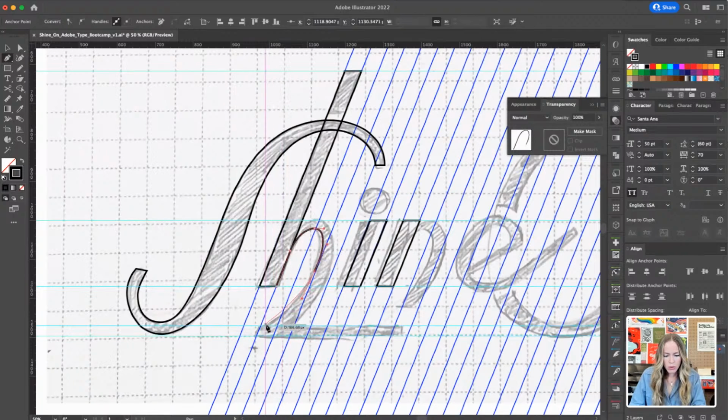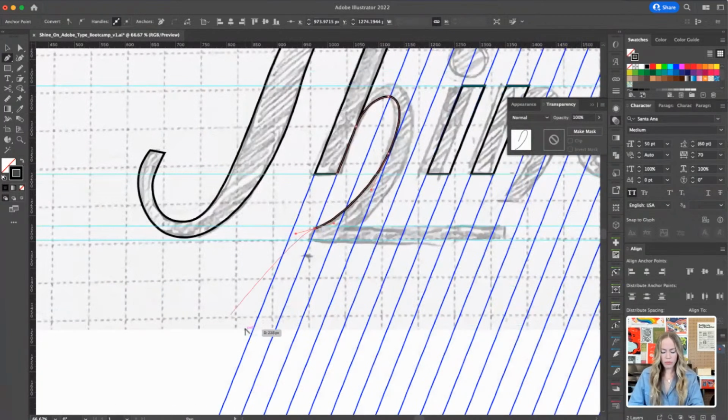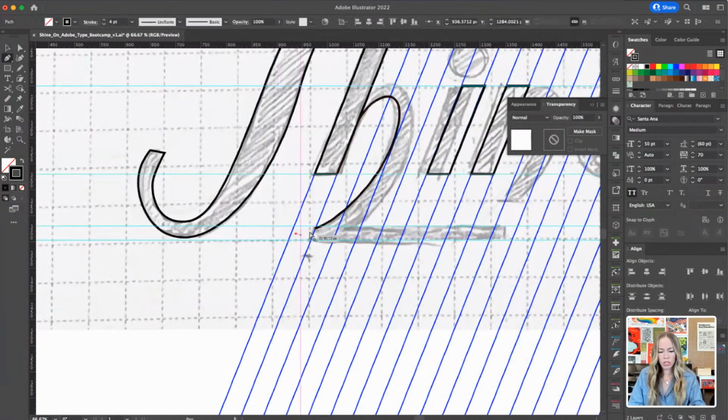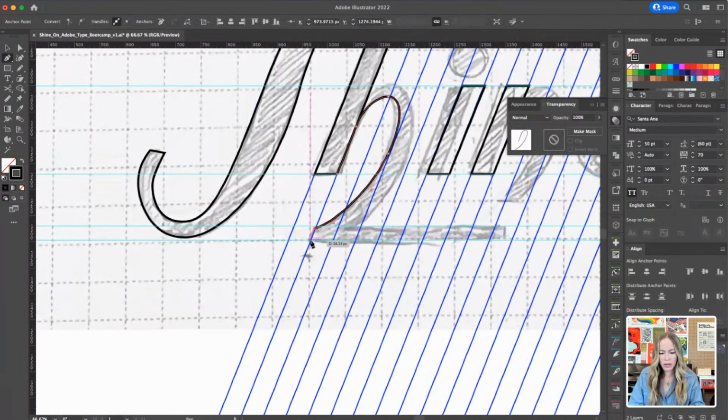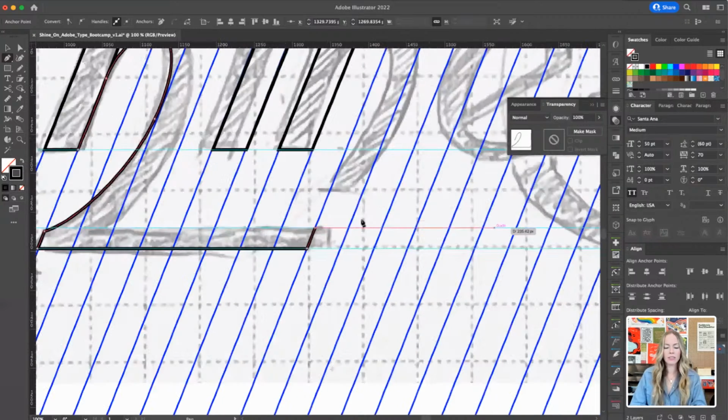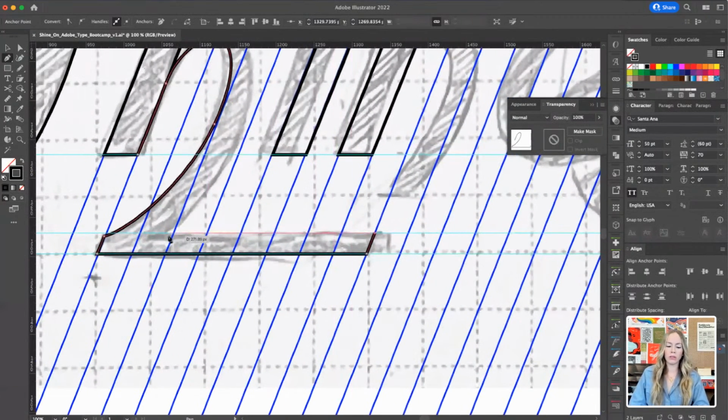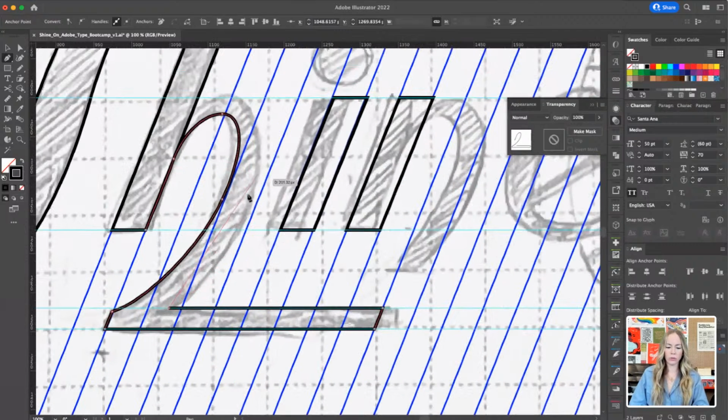And so then I just keep going with my anchor points. I'm just trying to get them spaced out at the extrema. Anytime I'm changing directions, I create a new anchor point. And I can follow these little guides that I made for myself so that my cuts all follow the same angular cut. And it's going to look really nice and consistent that way. And now I know that one of those blue sections is my width. So I'm going to just,